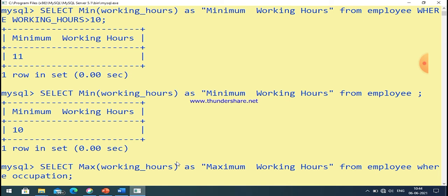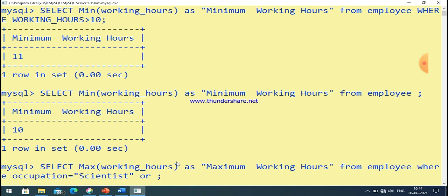Let us take occupation equal to doctor. So the maximum value for the doctor will be shown here. Or if you just mention scientist, then the working hours of scientist will be calculated.